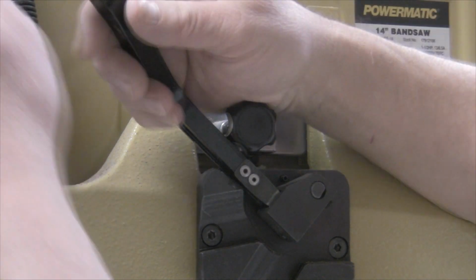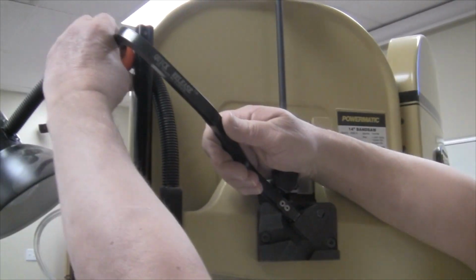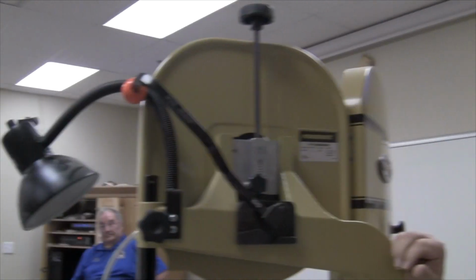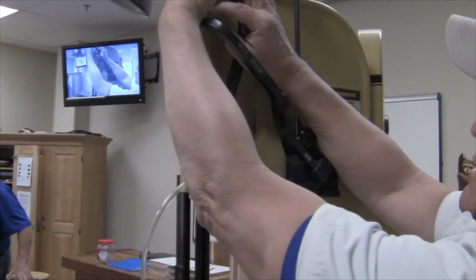So, anyway, you lift this thing. I was going to take this ball off of here. Let me make some little changes here. I'm not sure we're going to get to the bandsaw here, but okay. Now, on here,